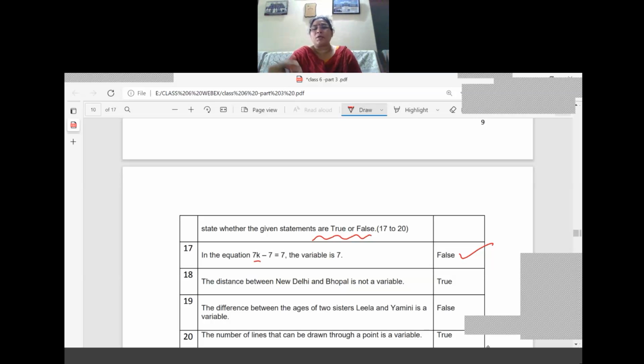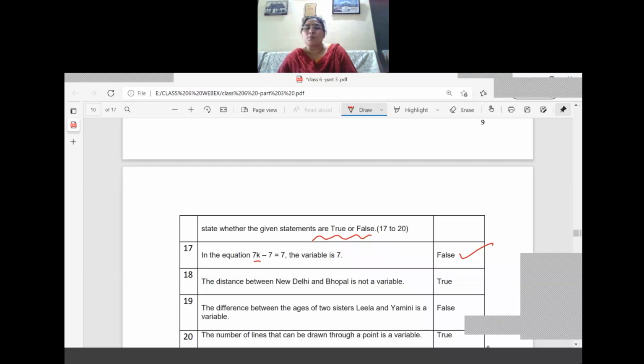So here it is given New Delhi and Bhopal. We can go for Hubli and Bijapur. We can go for Bijapur and next Inti. Like that, we can find out the distance between two places. For example, the smallest example I told you: your home and the temple. You know that some distance you have to travel, that you can measure.